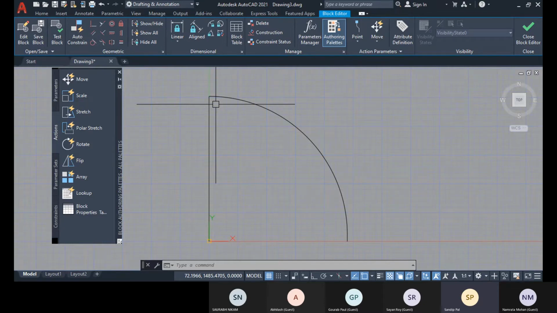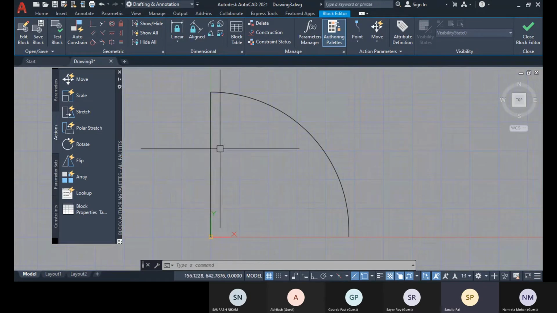That will create a huge number of blocks, and this way you will make your file heavy. When you have bigger projects, that will unnecessarily block up all the space, so you can compress and combine all the blocks into a single block as a dynamic block.